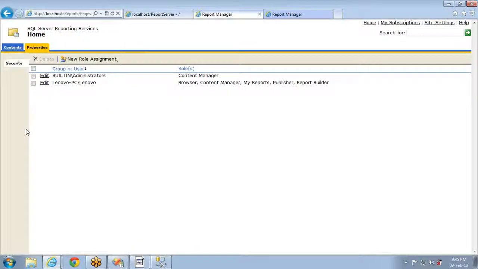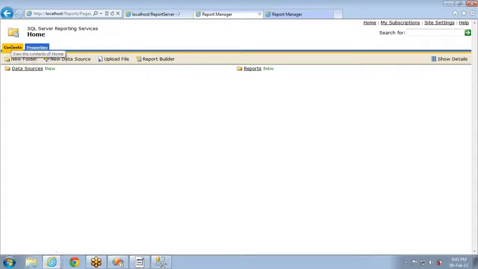This is how you can provide the roles to different users. If the login ID with which you are logging in is not available here, then you will not be able to access this. Generally, when installing SQL Server Reporting Services, people provide a couple of roles, like content manager roles, for administrators or a couple of different members in the team. So they will get full powers and they will add or remove if required. So this is about the security you can provide to the report manager.